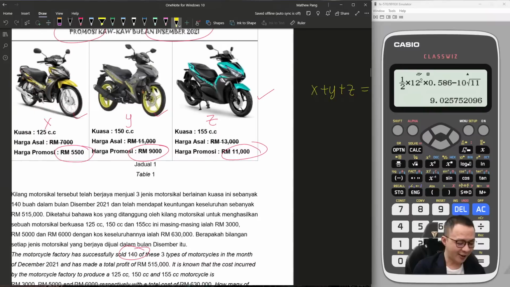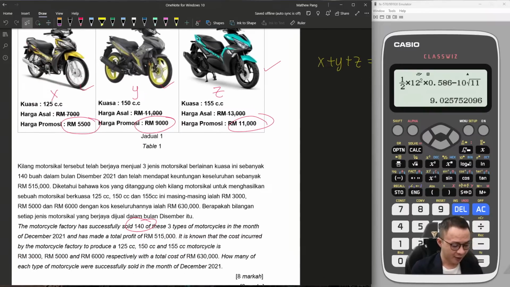Okay, then I will continue to read. And he made a total profit of 515,000. This one is a keyword: profit. Because total profit and total revenue are not the same thing. If it is total revenue, then we will just